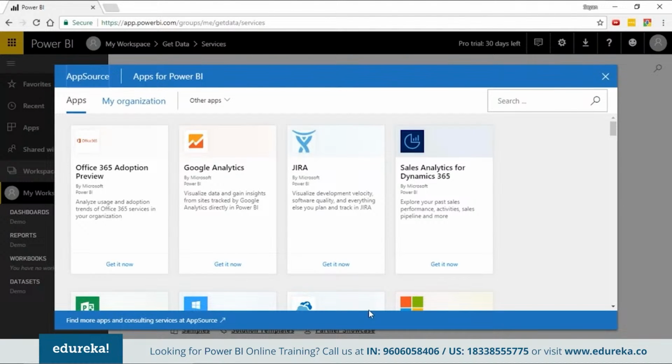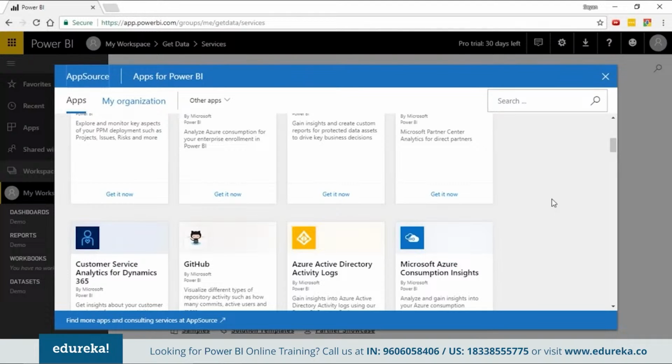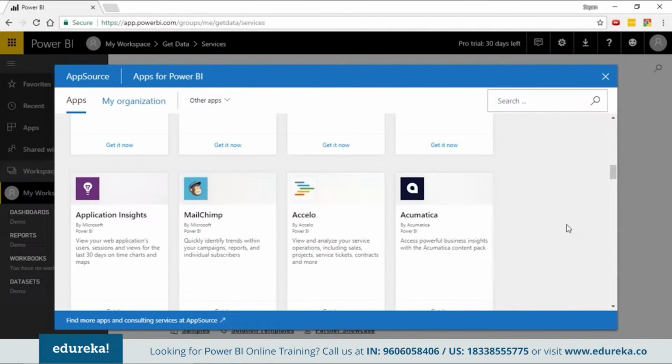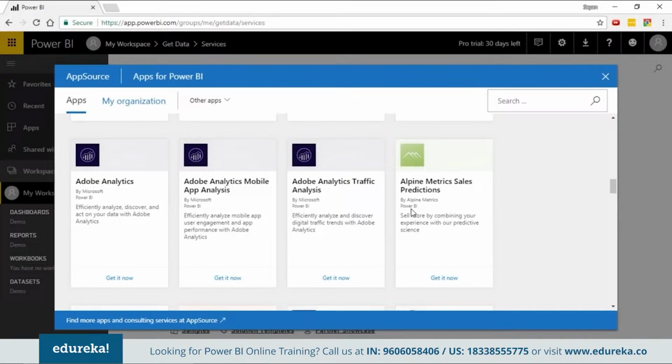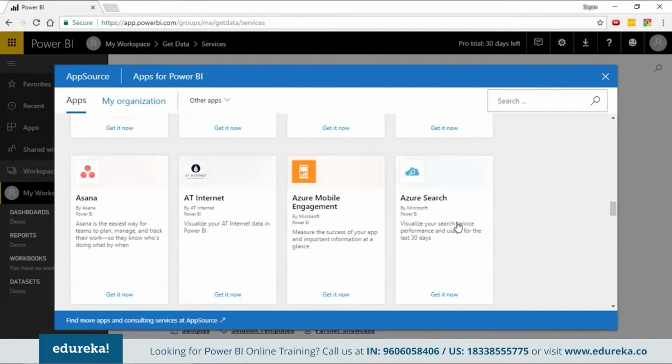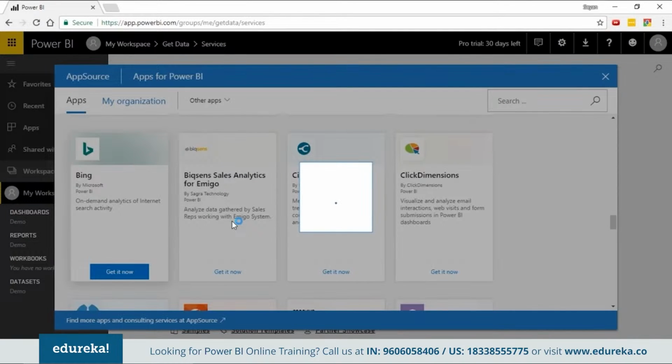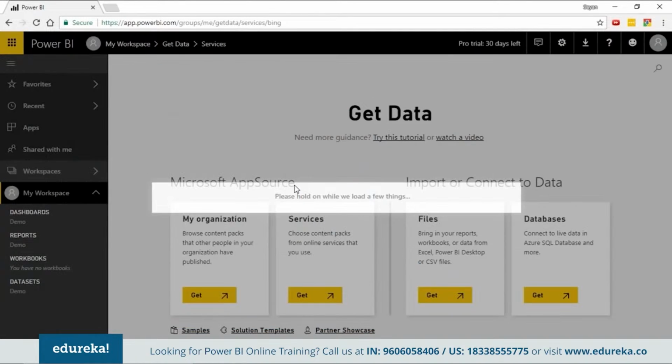As an example, what I really like to show you here is something with Bing Maps. So let's look at Bing Maps. Let's see if I can find Bing Maps here. Yeah, I have Bing Maps here. So what I can do is I can just get it now. It is just like installing an app from Google Play Store. And you can see what I'm trying to do is I'm trying to consume that app. It's like a pre-packaged thing. All the data sets, everything is built in, and I have to enter a parameter.